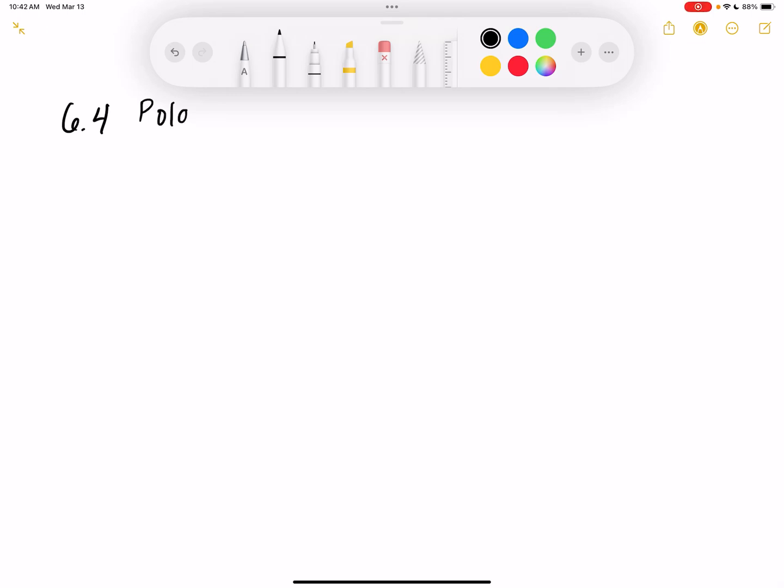So this isn't actually a graphing section. The graphing is 6.5, but that's where we're going to eventually. So, a couple definitions. A polar coordinate system